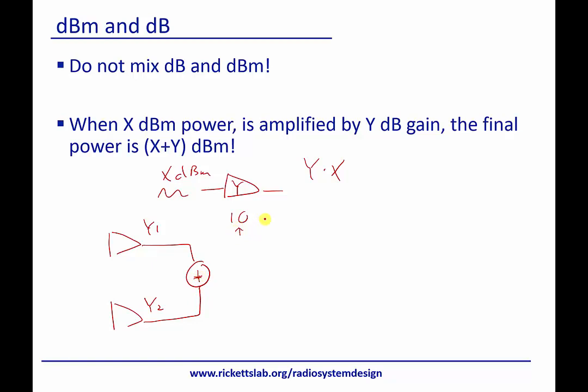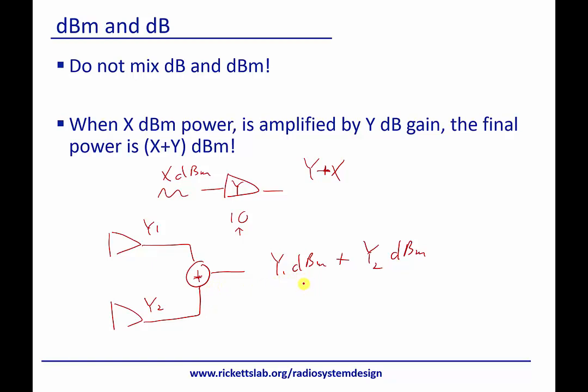Here we're multiplying, so we are adding our logs. Here we're adding in the linear domain. So what would the output be if Y1 and Y2 are in dB? Well, we're going to have Y1 dBm plus Y2 dBm. But remember, we can't, because the actual